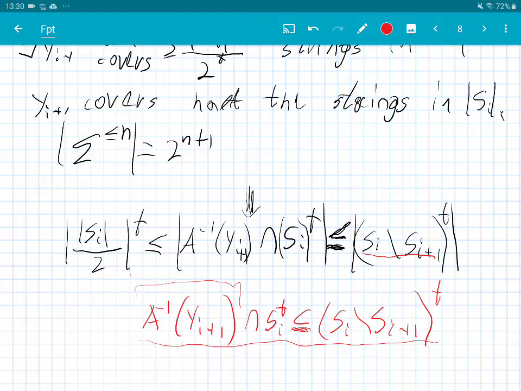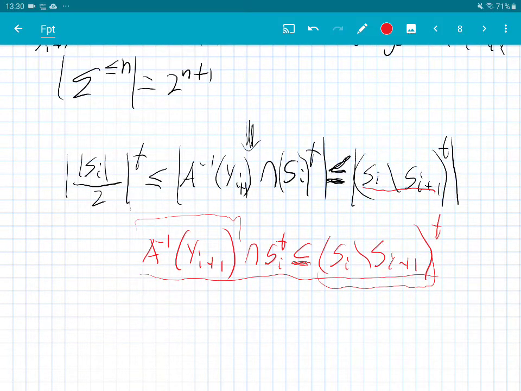Because every string that gets covered by y_i immediately takes any tuple that contains it. So the only tuples that survive are the tuples that are in this set. And that's why we get this inequality, this red inequality, and applying it to the above inequality